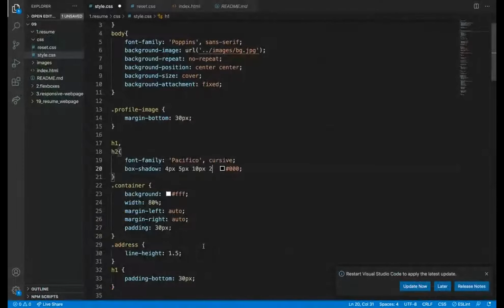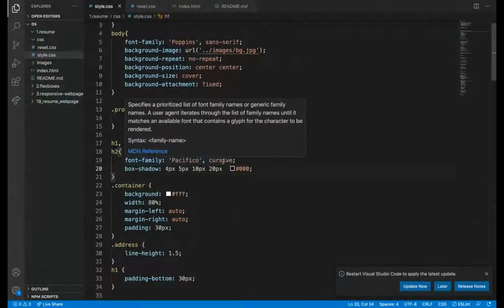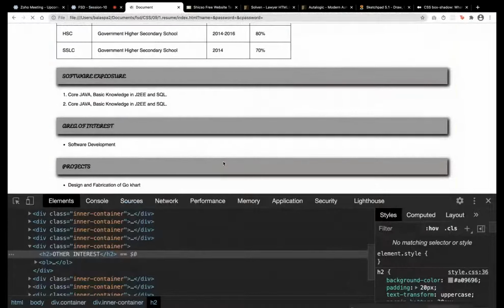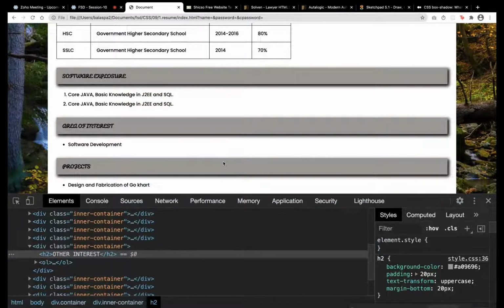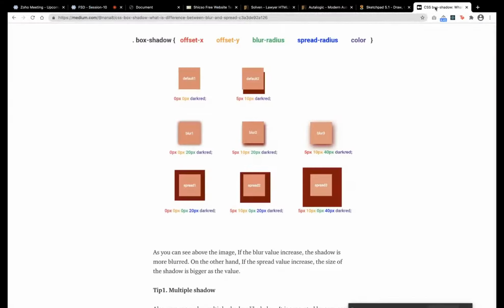Spread is 20 pixel. See, it has spread to 20 pixel. So it increases the height, to how many pixels it should apply. I can limit it to only 2 pixel. Spread height. I can show it here too.